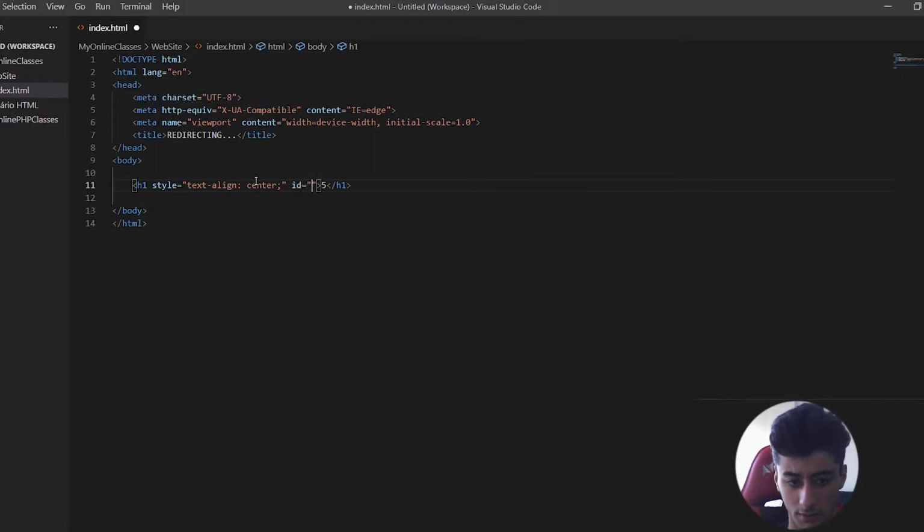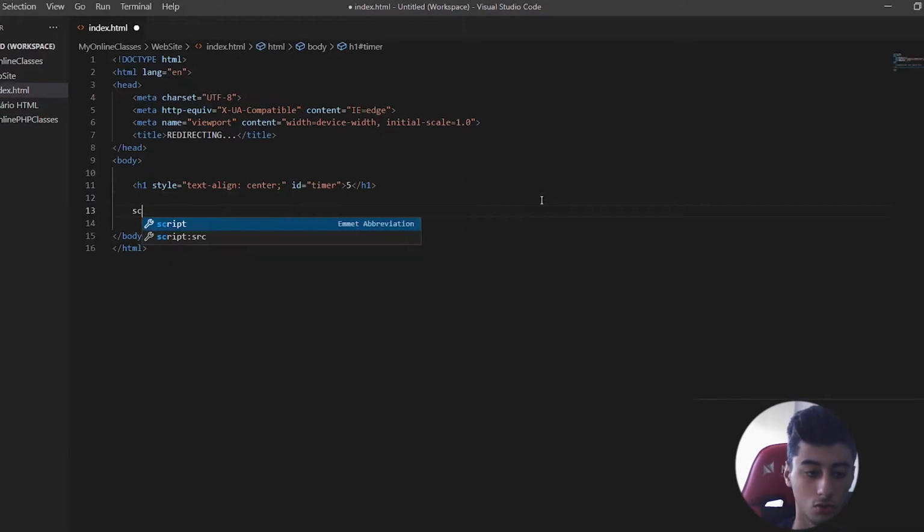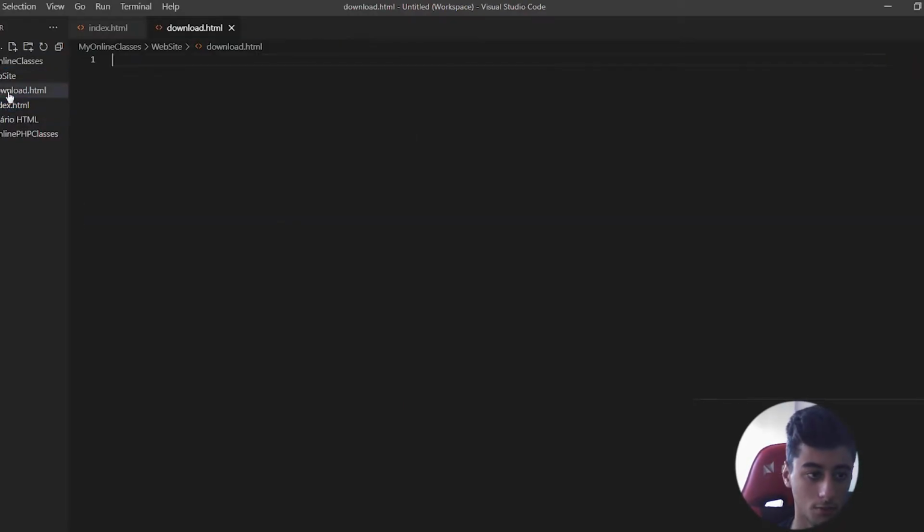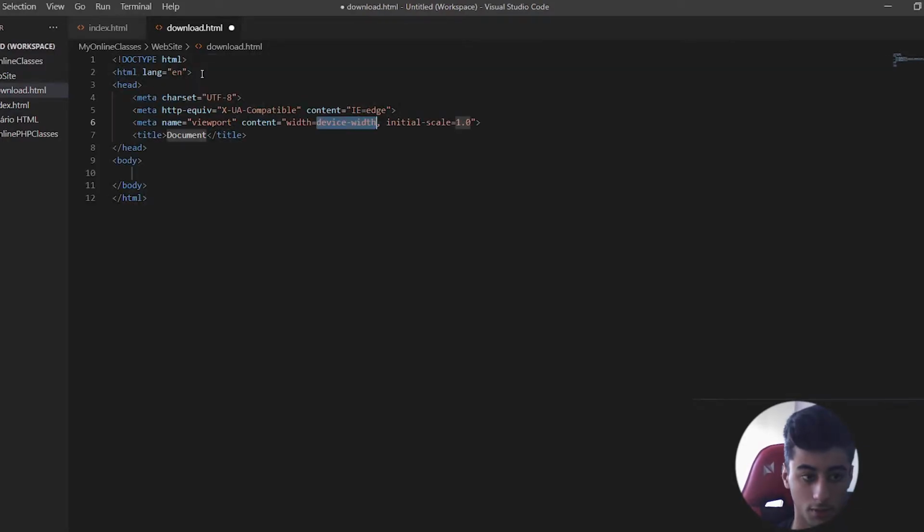and we want an ID. You can do it with classes or simply by the h1, but for me the ID is easier. So we are going to put the ID timer, and down here we are going to put a script called script.javascript. Then we are going to create another file called download.html, and this download will be a normal HTML, right? And it will have an h1 as well,